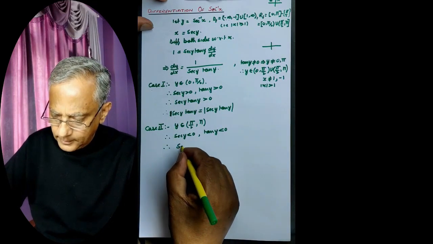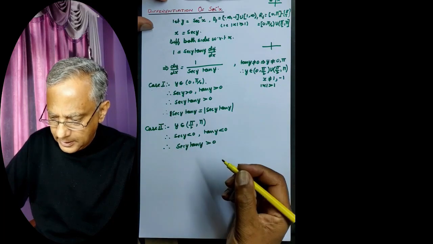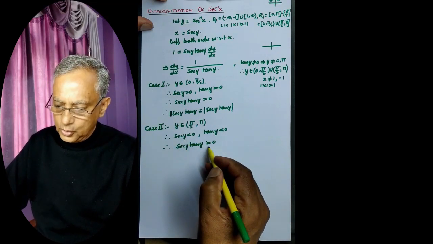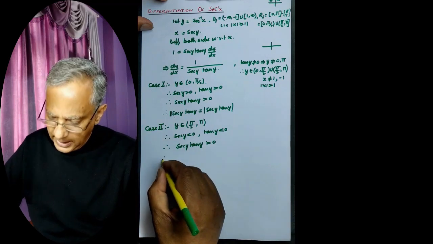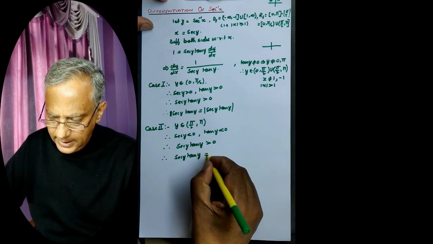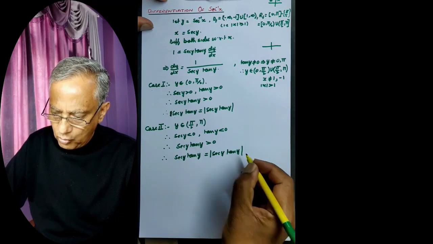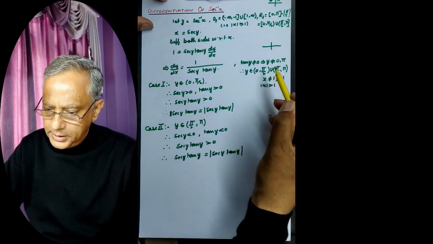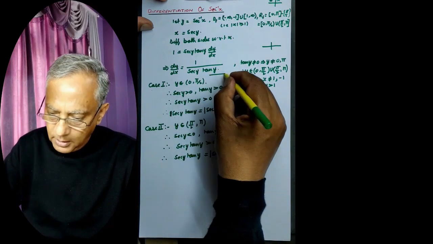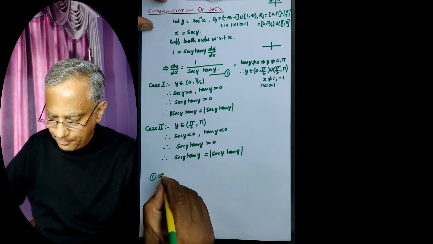And therefore secant y tangent y must be greater than 0. Negative into negative is positive. So this must be greater than 0, and therefore secant y tangent y must be equal to its mod. So in both these intervals, secant y tangent y is equal to its mod. And therefore I can write 1 as, therefore 1 implies